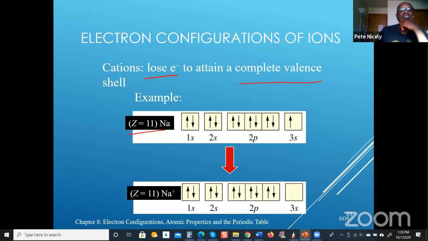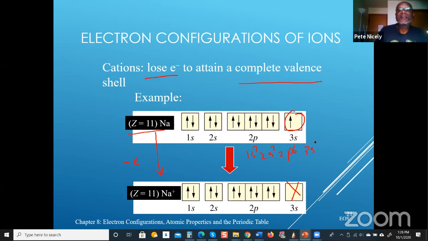Sodium has an atomic number of 11, and this would be the electronic configuration. To get from the sodium atom to the sodium cation, an electron will be lost. This would be the electron that is lost, and therefore this would be the result. When the electron is lost, the orbital disappears. That orbital does not exist anymore. So the electronic configuration of sodium is 1s2, 2s2, 2p6,